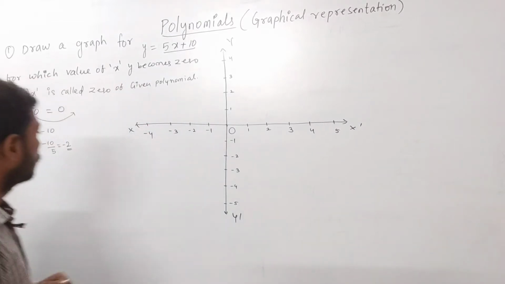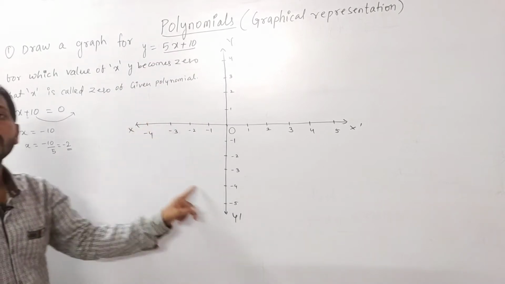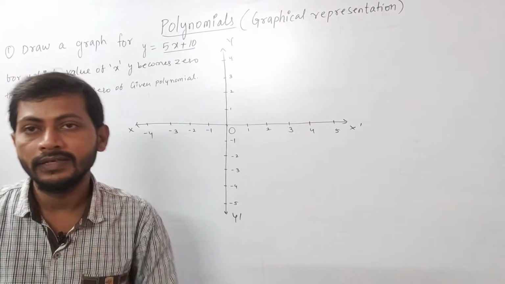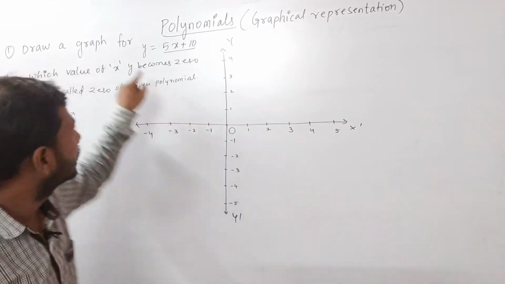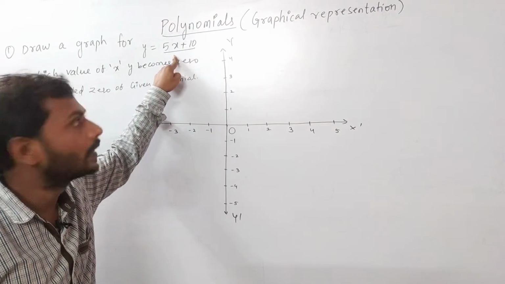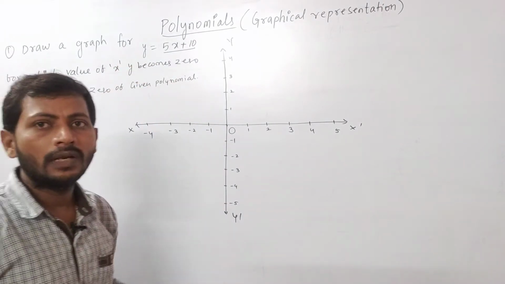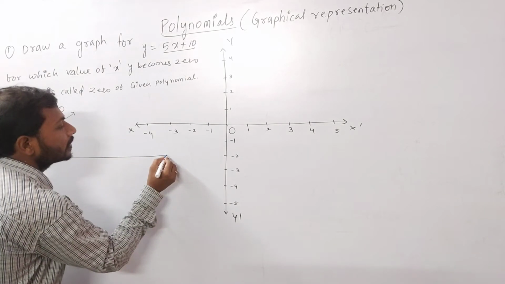So now when I want to find this value by the graphical method, when you want to draw the graph, how many coordinates do you require? Two coordinates. One is our wish: you can take any x value, and you get the y value, then make the coordinates. For that purpose, to make it easy for you, I am going to make a box here. For polynomials, you can follow this box if you feel inconvenience.